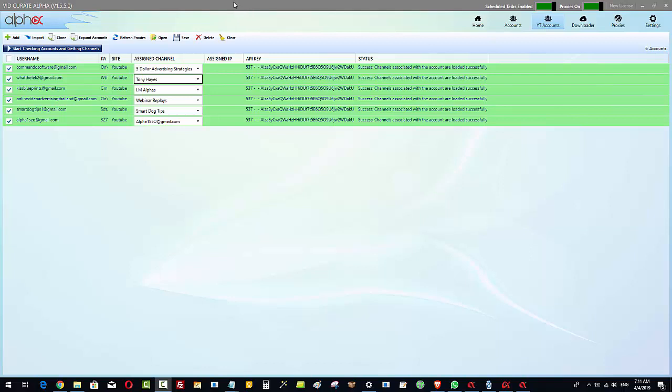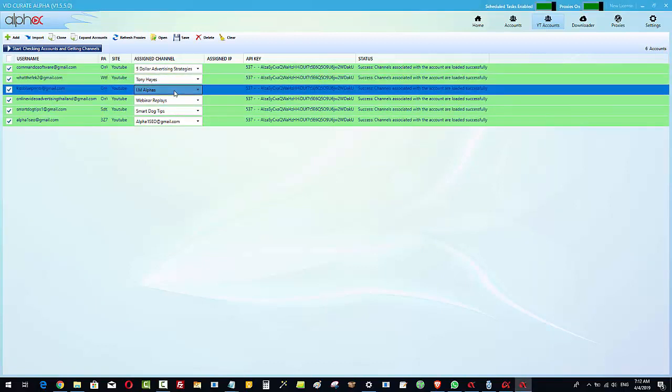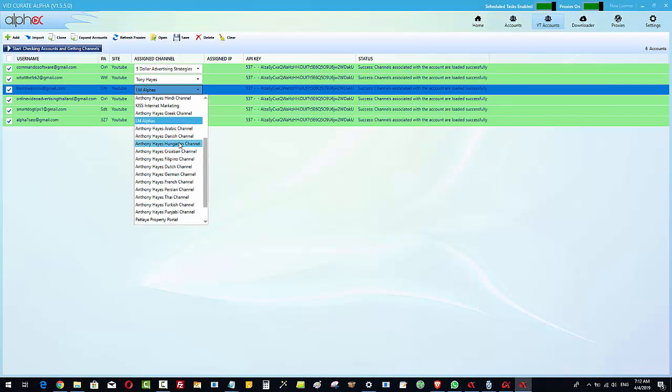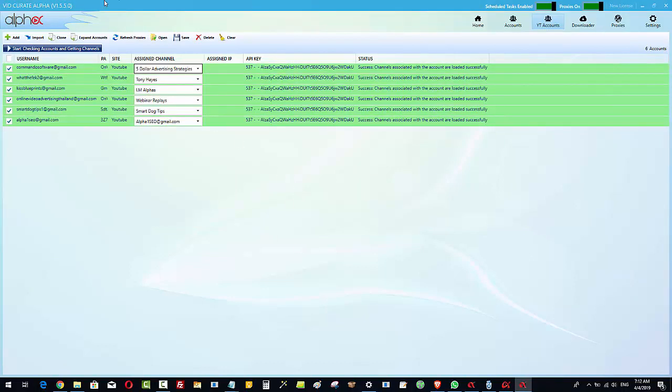Now, what you can see here is I've got 6 different Gmail accounts in here. What I want to show you before I start a project is what we can do with this particular tool, because if we expand these Gmail accounts, you're going to see that each one has multiple YouTube channels connected to it. Okay, so if I click up here on the button that says expand accounts,